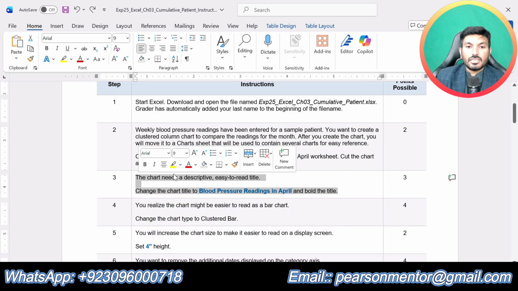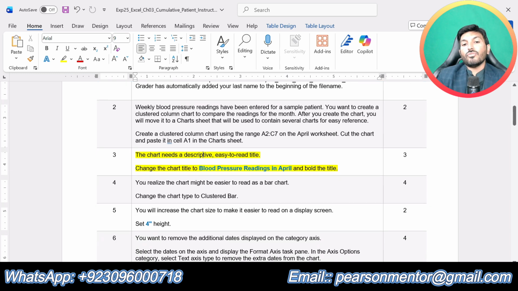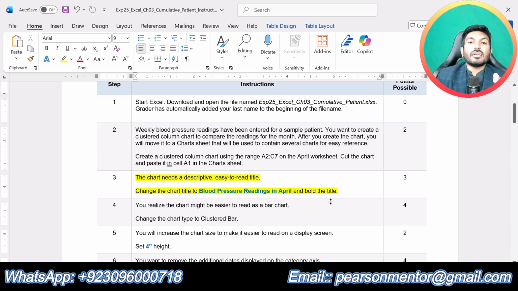Now step number 3. The chart needs a descriptive, easy to read title. Change the chart title to Blood Pressure Readings in April and bold the title. So now we are supposed to give a title to the chart, and the title should be Blood Pressure Readings in April.